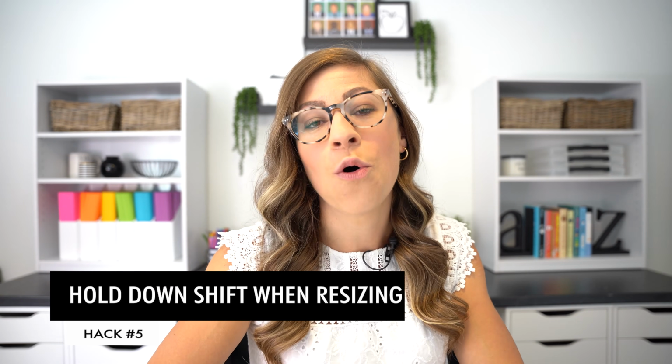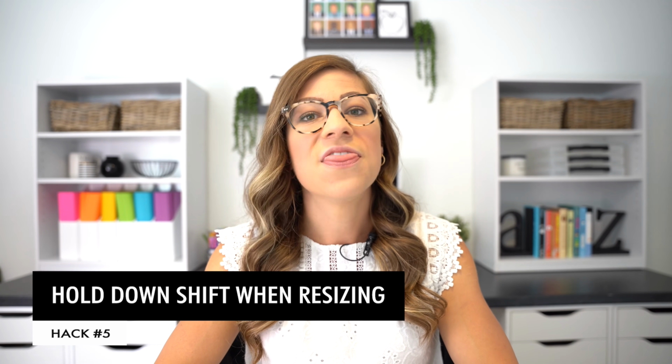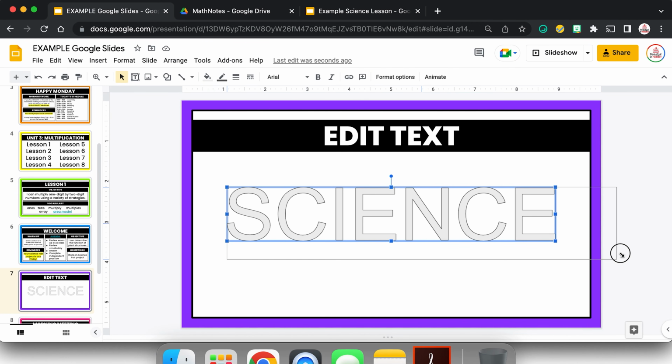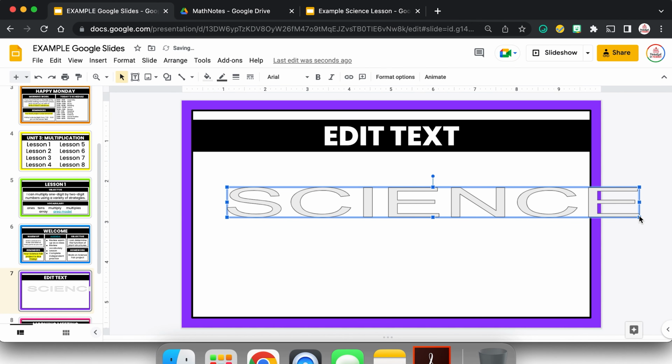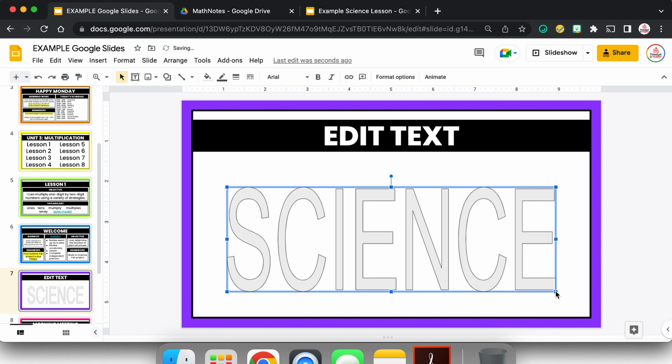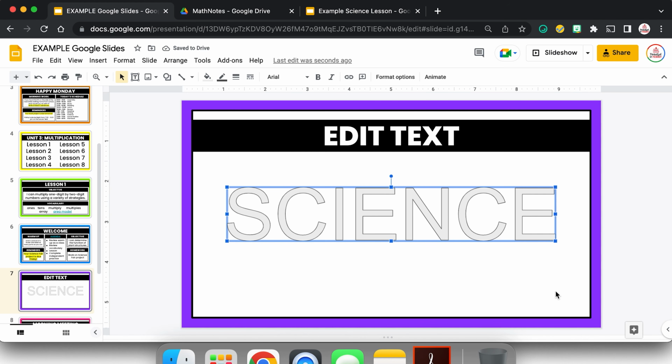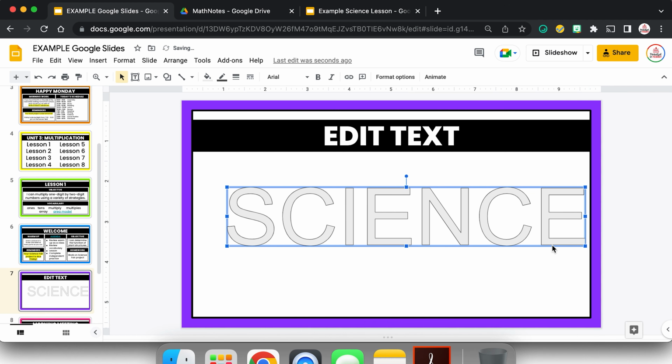Now, here is hack number 5. We're kind of jumping ahead and then we're gonna come back to hack number 4. Hack number 5 is to hold down shift when resizing. That is going to keep the original ratio of the size intact. Here's what I mean by that. If I just start clicking and dragging, notice I can make it really skinny like that, or I can make it really tall like that. If I want to preserve that original ratio and keep the proportions the same, if I hold down shift on my keyboard as I click and drag, notice it's keeping the same proportion. So if you don't want the text to get stretched out, hold down shift as you are clicking and dragging